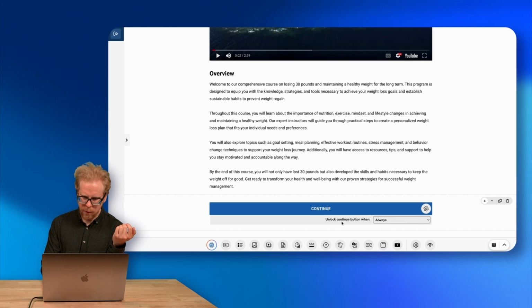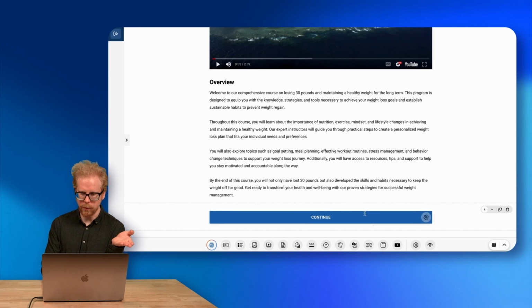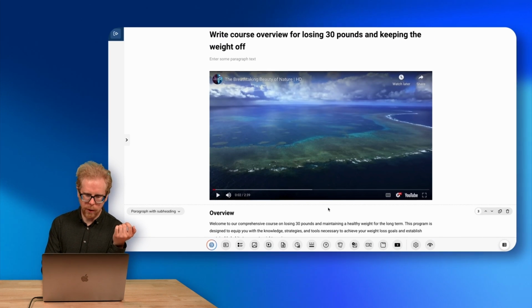go here, unlock continue button. When? Always. So you can set it up where the blocks above have to be complete. So they have to finish watching the video, finish a quiz, etc., and then the continue button unlocks. Okay. So now what we can do